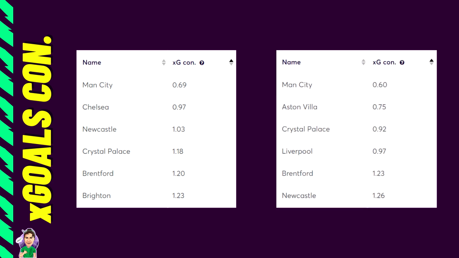Going to the right hand side, over the last 6 games at a minimum, Man City continuing there on their good form, 0.6, but as mentioned, I don't think Edison has got me any clean sheets over the last 6, so I wouldn't trust him. Surprisingly, we have Aston Villa at 0.75, their defense has improved dramatically recently at least. We then have Crystal Palace, Liverpool, Brentford, and yet again Newcastle. So you guys can see that Newcastle are a better defense than Brighton to target at the moment, or at least recently,